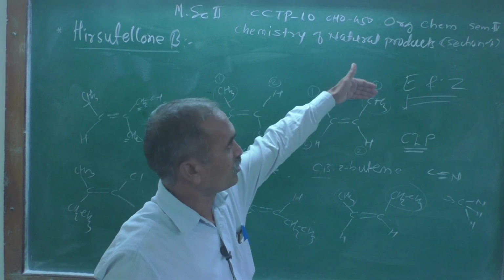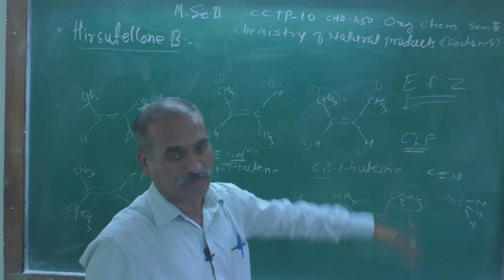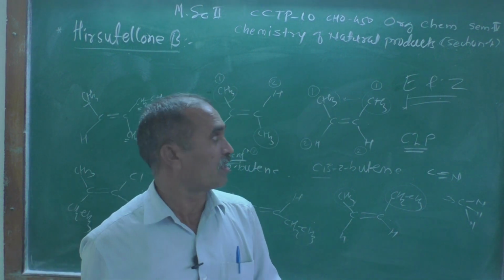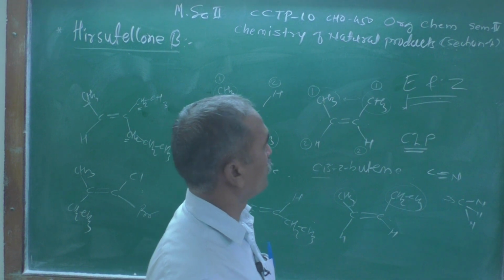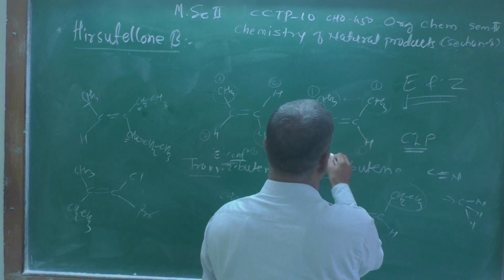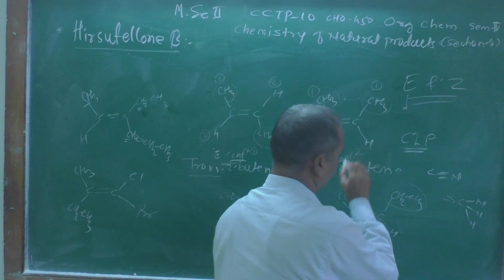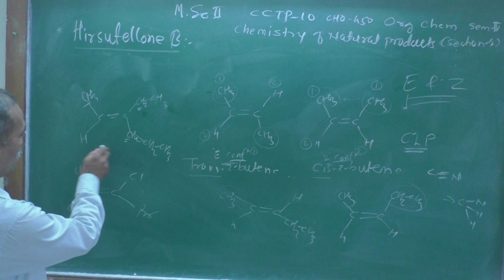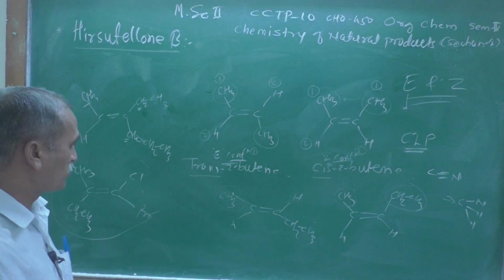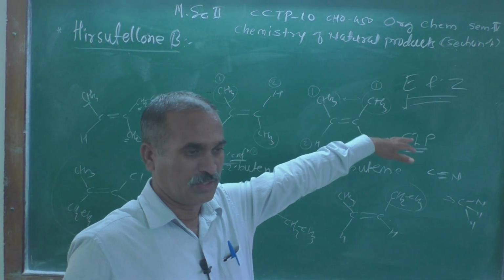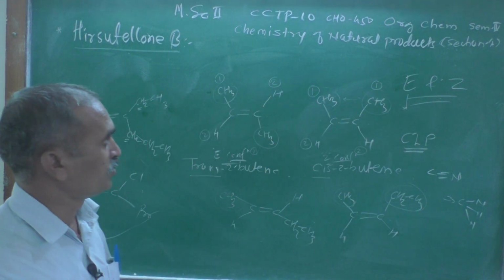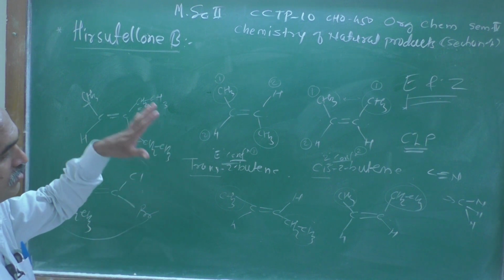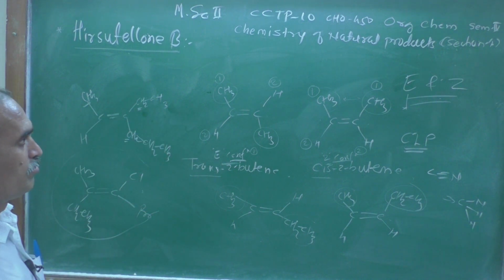See, both the first priority groups and the second priority groups, the similar priority groups, are on the same side of the carbon-carbon double bond, which is termed a Z configuration. This is known as a Z configuration. You have to write like this. So if such compounds are there, we have to use the new method for the nomenclature system when the molecule becomes so complex.